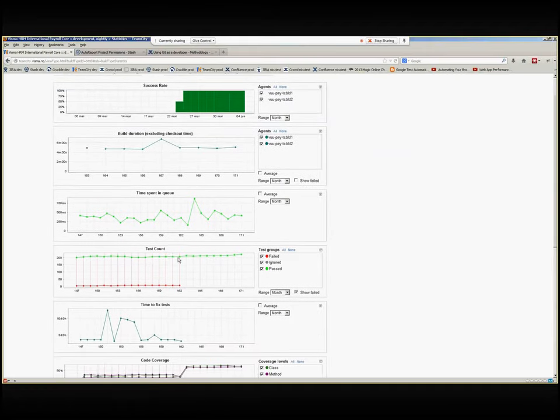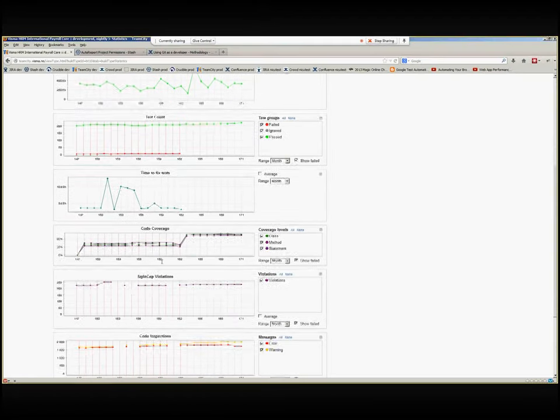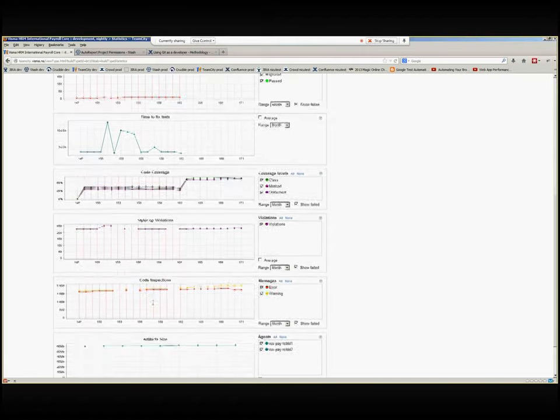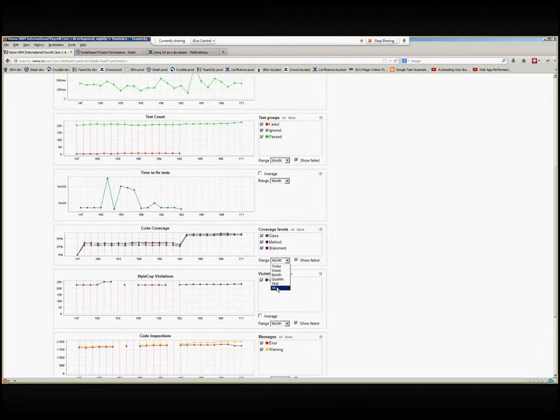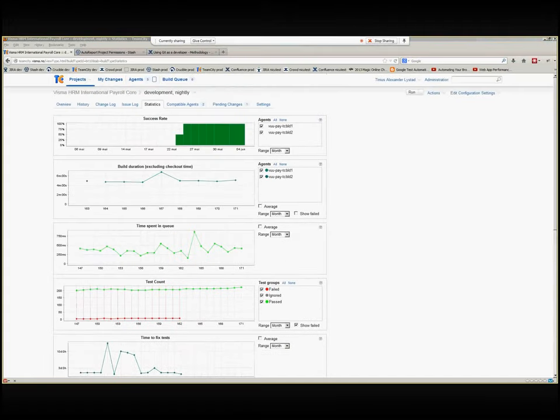We have test count, we have code coverage, we have the number of StyleCop violations, and we have the number of code inspections, which is the same as FxCop violations. And you can adjust over what period you want to look at these statistics, and yeah, you have some settings, most of them. Okay,